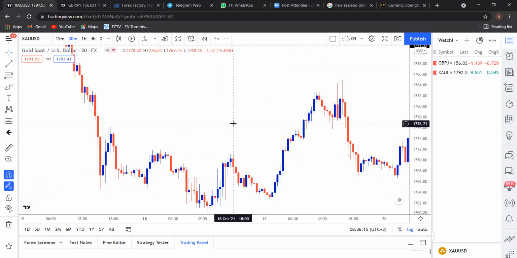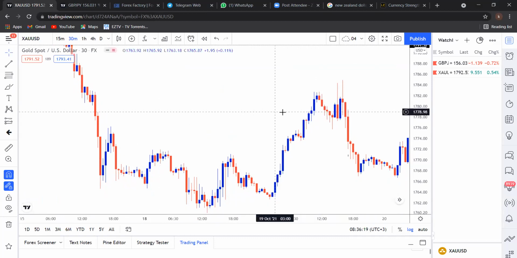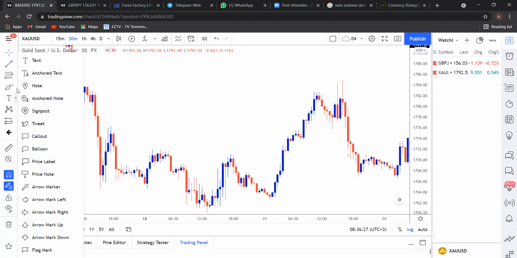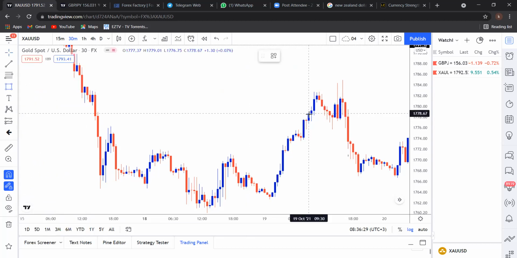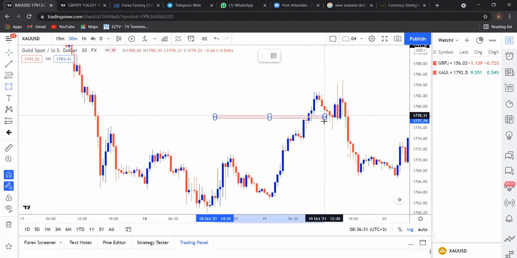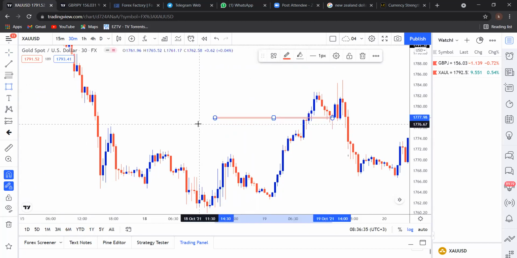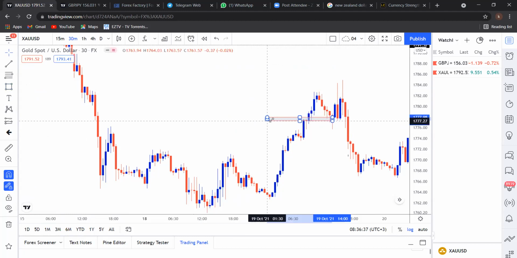So unaona hii mileji, saa 3, ndio hii hapa. Haya, hii setup ni kama tu ukiangalia ile ya GBP JPY ni almost the same. Unaona mileji? So